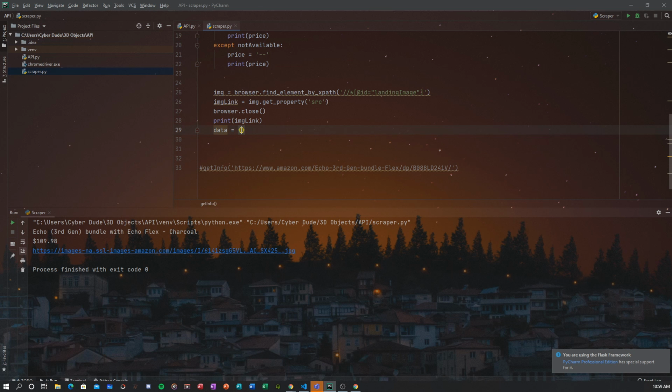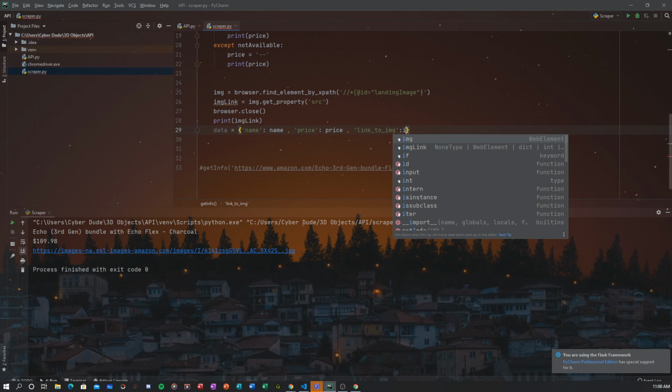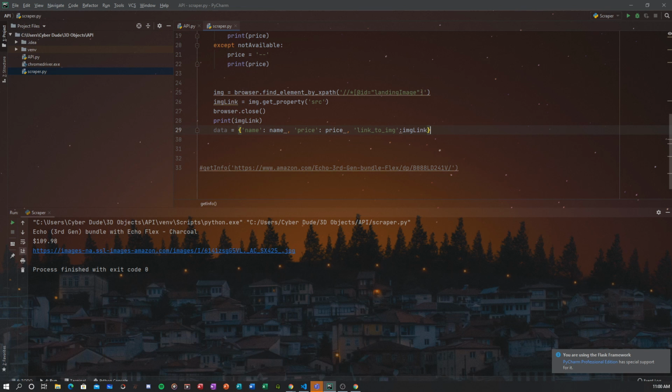We're going to say name, so the name of the product will be the name, and then we want the price parameter to be price, and then link underscore to underscore image, and I'm going to send that to img link, and then we're going to return data. Okay, no semicolons, we are not using Python.